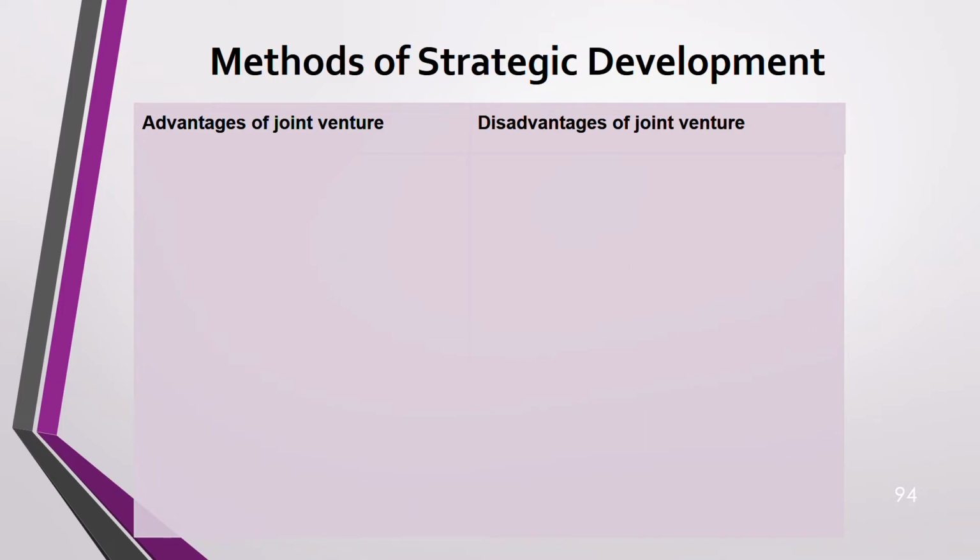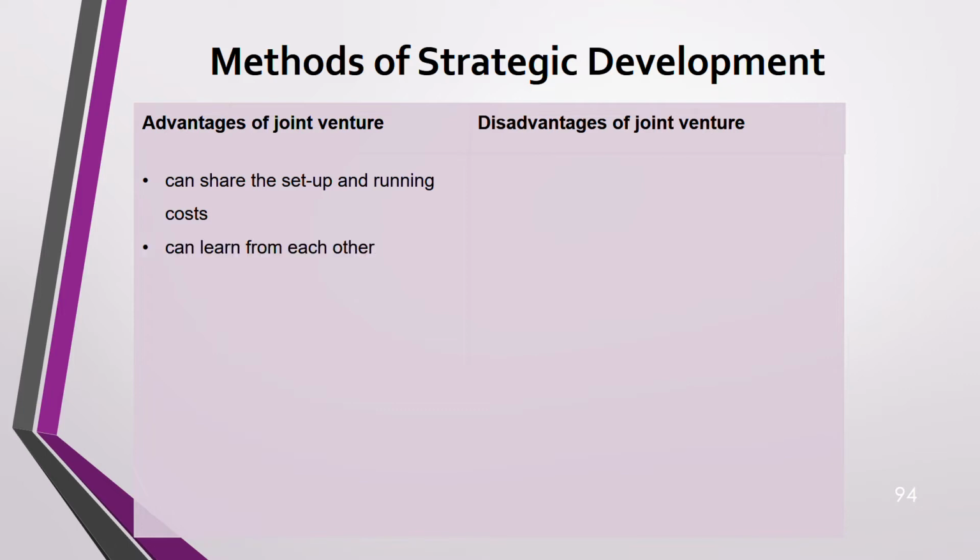Advantages and disadvantages of joint venture. First, see the cycle. We started with acquisition, then we moved on to organic growth. Now another way is joint venture. The advantages are that you can share setup. Joint ventures are when two or more parties have control over an asset or liability. That is the meaning of joint venture. Join means you need more than one person. So you share your setup and running cost.